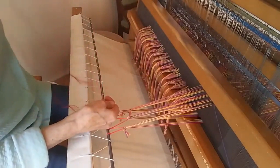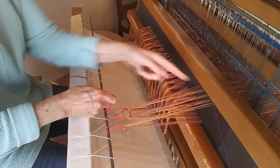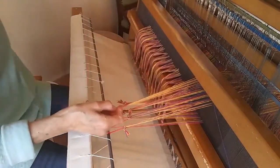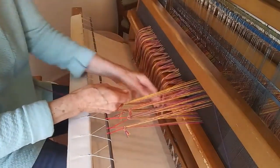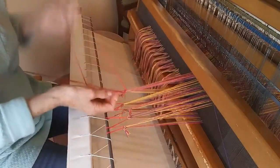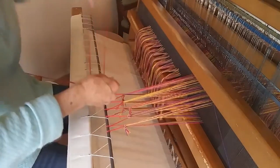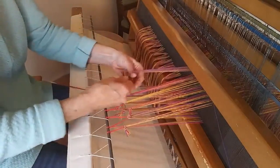And as I go around the rod, you want to make sure that these cords don't get in your way. So keep an eye on the warp as it comes through the reed, and position that lashing cord over the rod so that it's pulling those straight out from the reed as much as possible. Over the reed, grab it with your left hand. I still have tension on it. Grab it with my right hand. It goes through the next